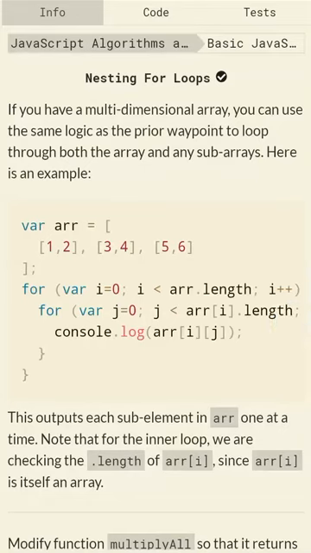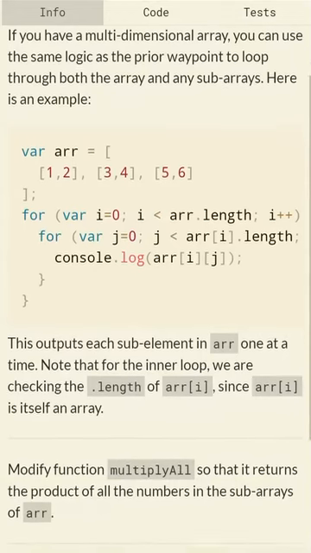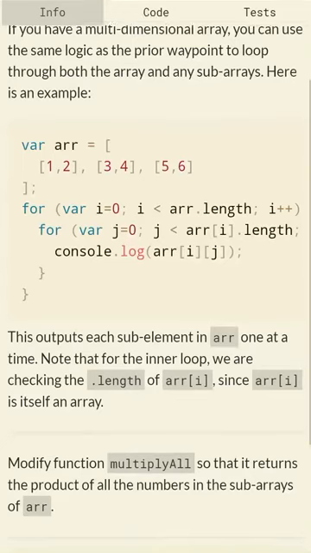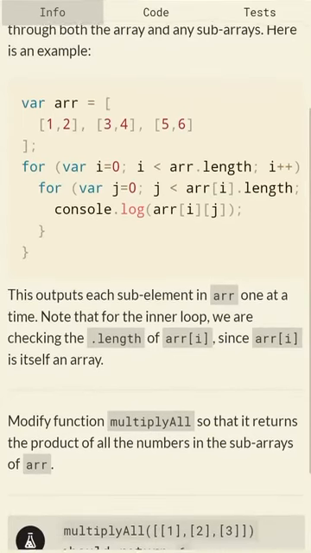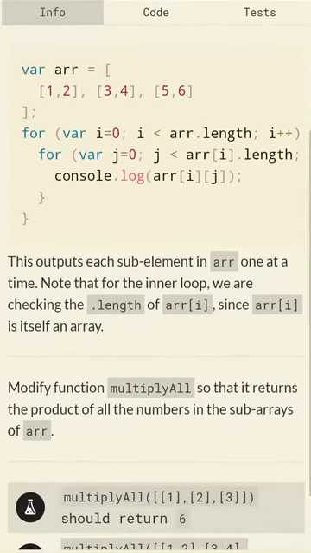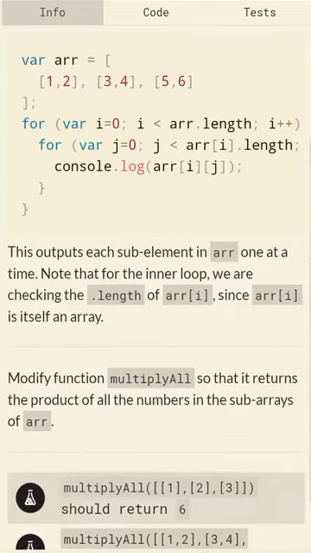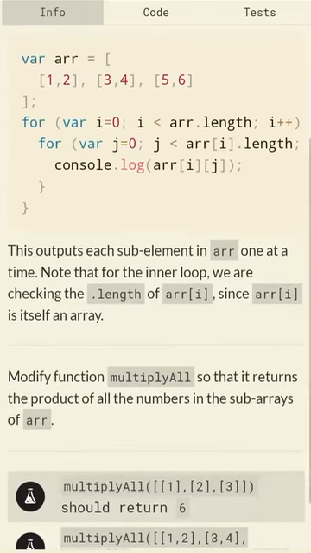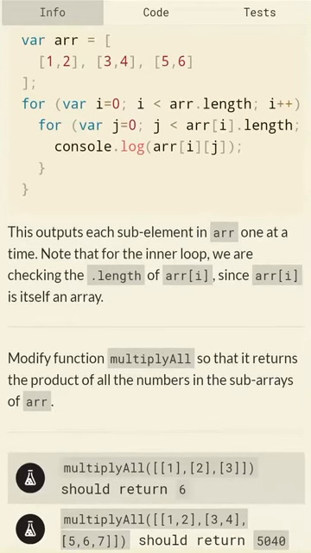Today it's all about nesting for loops. So, for loops in nested arrays. Here you have been given an example with a nested array, that is, there's an inner array and an outside array, or you can say a sub array within an array. So here what we do is, we don't do just one for loop, we do two for loops. One for the main array and the other one for the nested or the sub array.